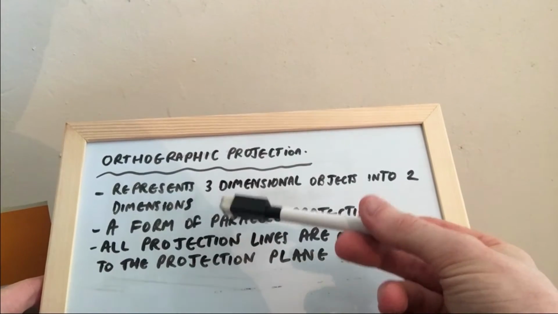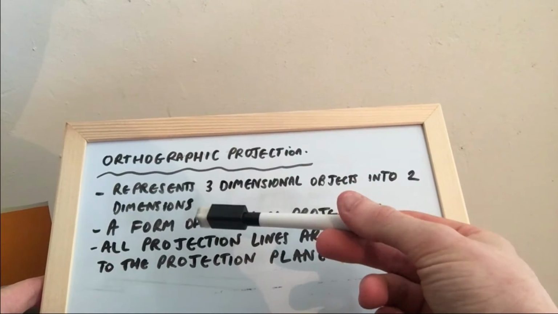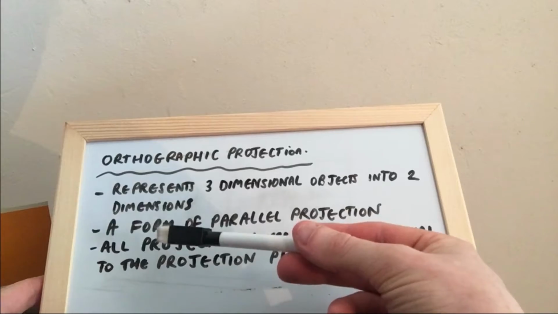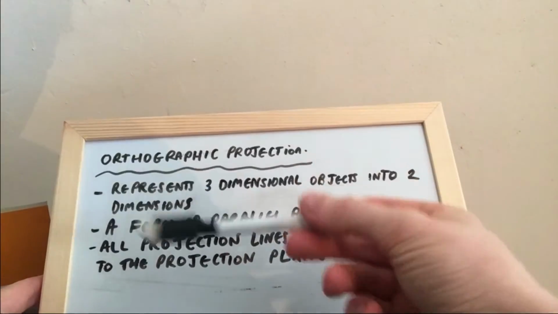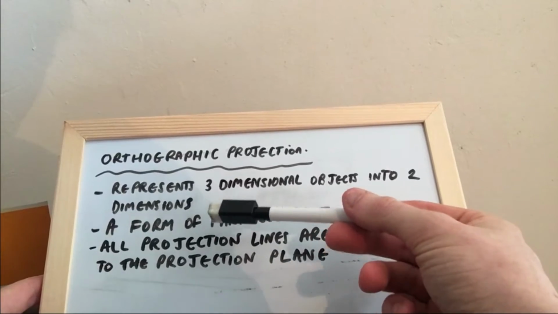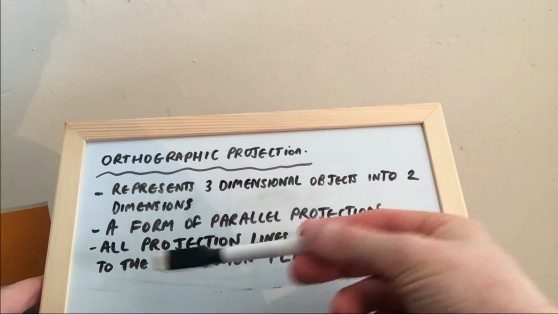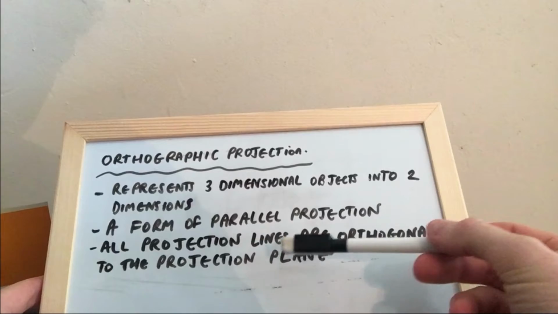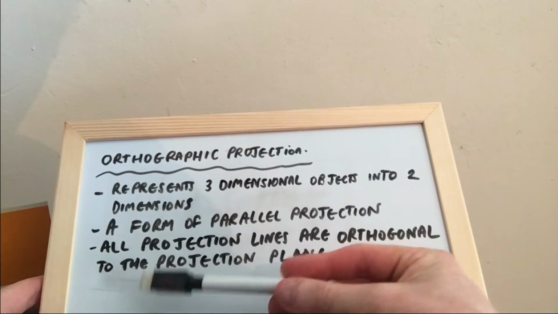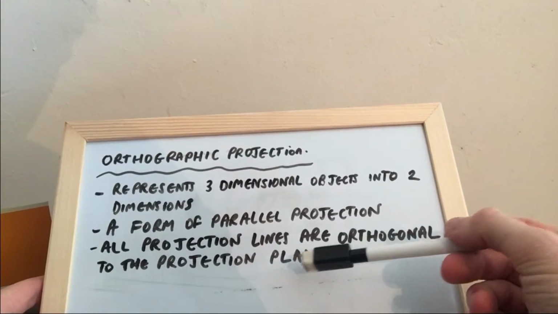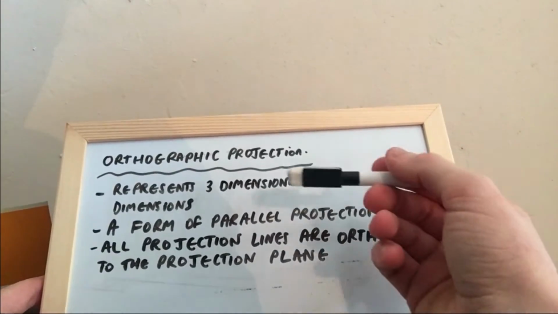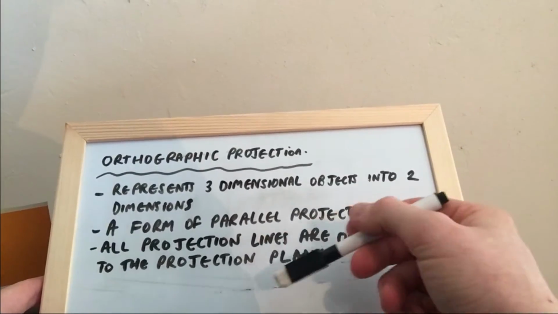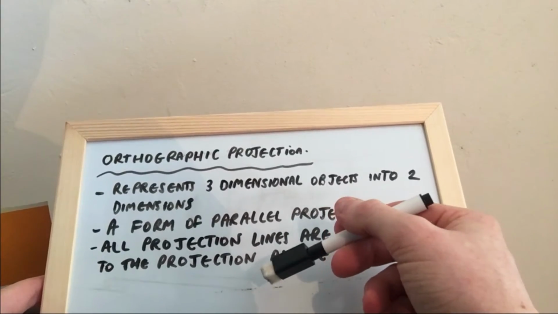So that means when it's on a planes of reference and the object is in either the first or the third quadrant, which I'll also go through later on, all the lines will project to the planes of reference and all be parallel. And also all projection lines are orthogonal to the projection plane, which means all the lines from the object go through the plane and you'll be able to view either the top view or the front view